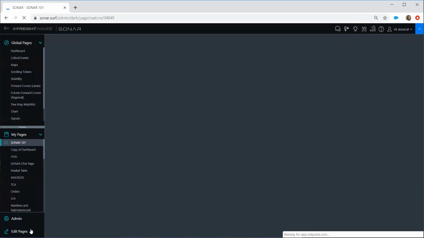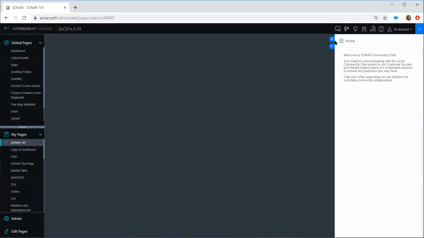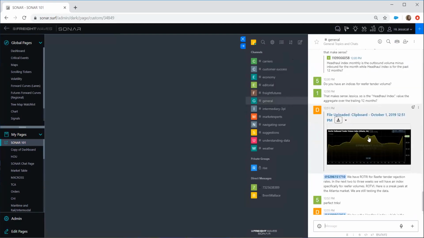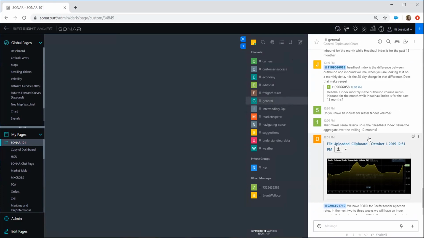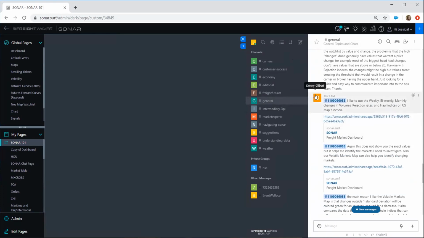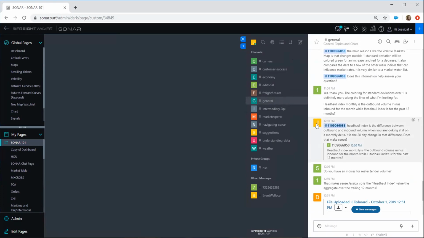Before I get into actually going through and building out the pages, I do want to go over the features we have in the top right-hand corner. The first one is our moderated chat function, or the double bubble, as I like to call it. You can see where we have people in here commenting, asking questions about markets, about data sets, what to look at, and you have Donnie Gilbert, one of our market experts, responding. I responded today. Sometimes even our CEO, Craig Fuller, will respond as well. So feel free to comment, add anything you need in the moderated chat function, and we'll be sure to get